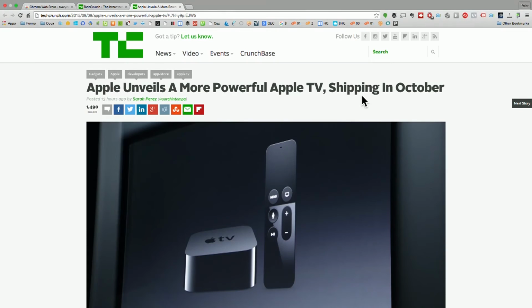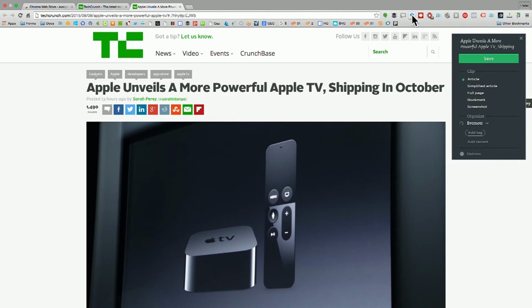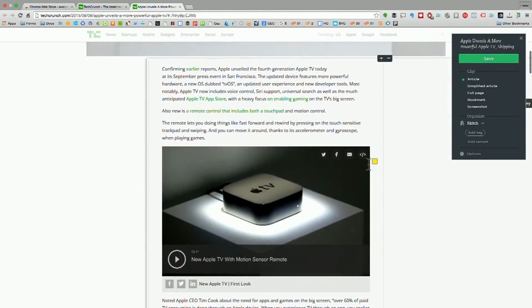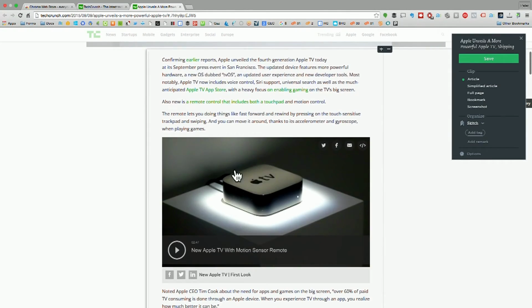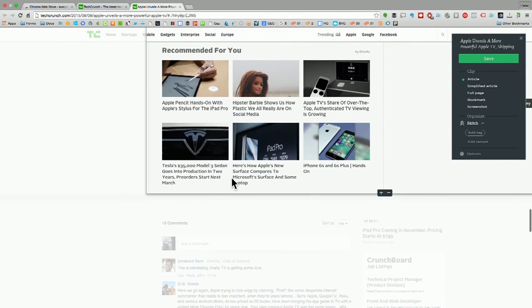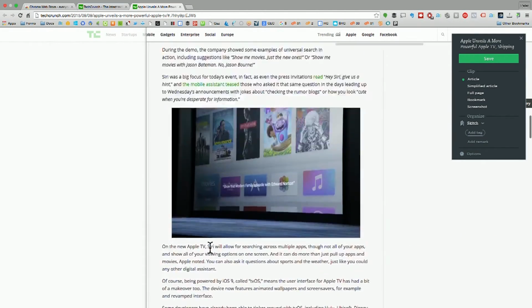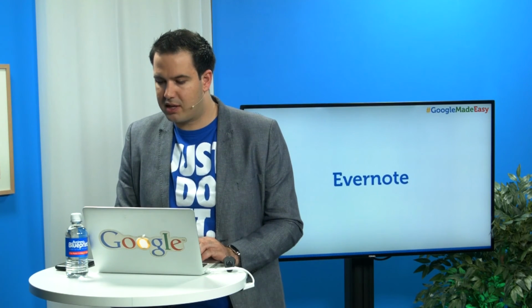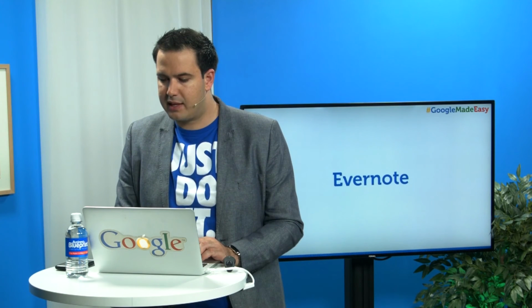So for me, it's as simple as clicking the Evernote button, and that Evernote button is going to take a snapshot of the article. But notice here that Evernote is only going to capture the article. It's not going to capture any ads. It's not going to capture any of the comments, just the article there. So it's a nice clean article being brought down into my Evernote. So I'm going to click the save button. It's automatically going to save that right into my...